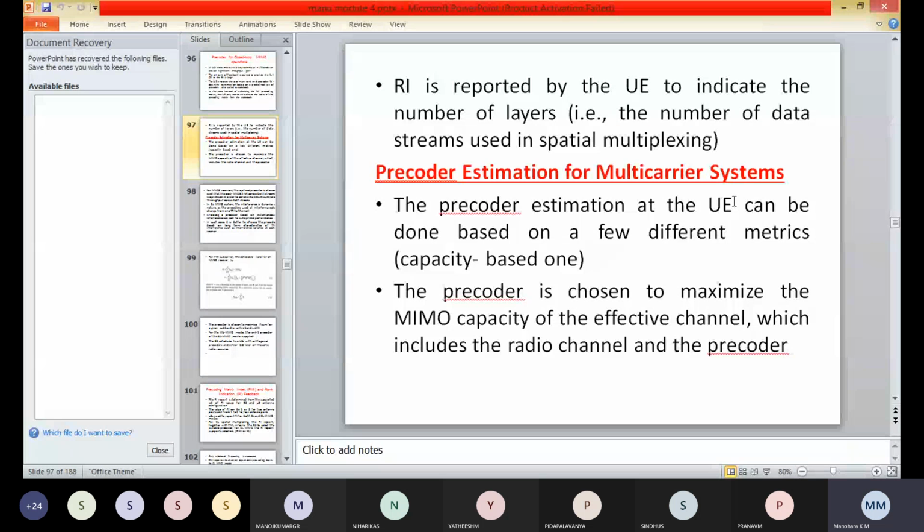For the MMSE receiver, the optimal precoder is chosen such that the post-MMSE SINR across both the streams is optimized in order to achieve the maximum sum rate and throughput across both the streams.